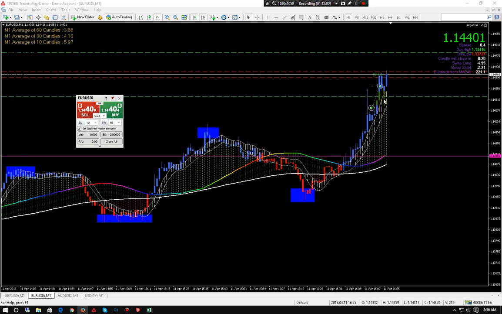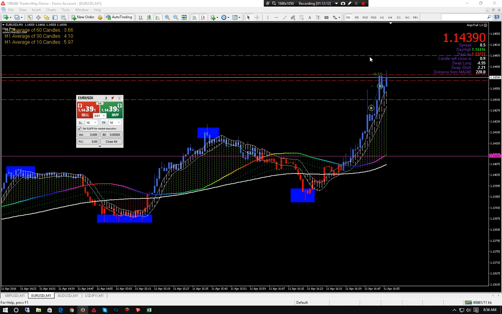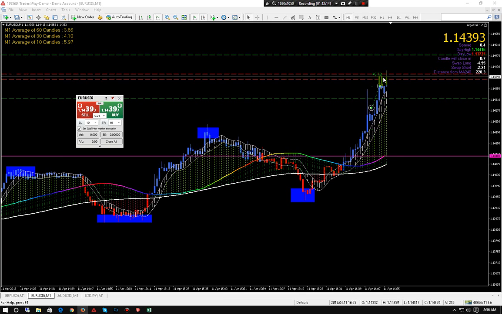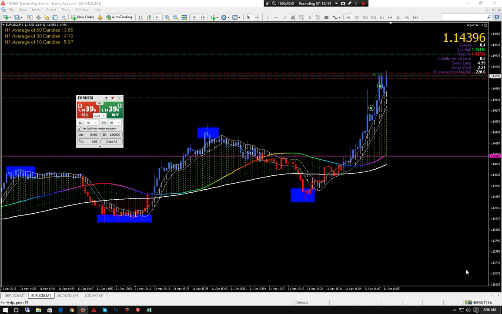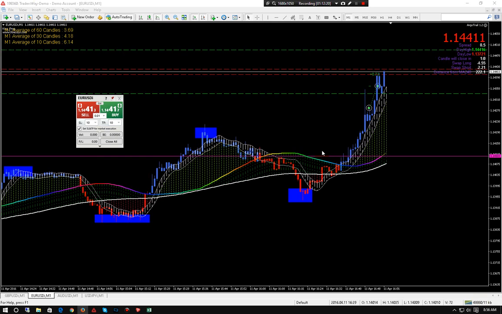It did everything we said we wanted it to do. Candles stay out of the channel. We had green, slow moving, a little small. We had medium and then fast. So everything came together there and we were in and out of the trade pretty quick. The chart was marked, our take profit, and everything was almost there.